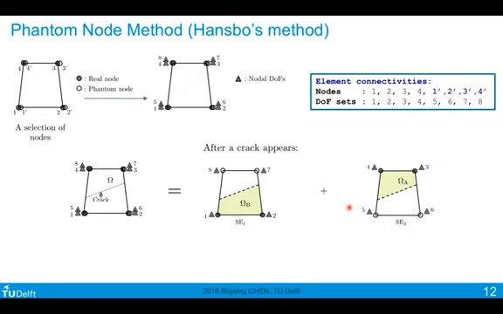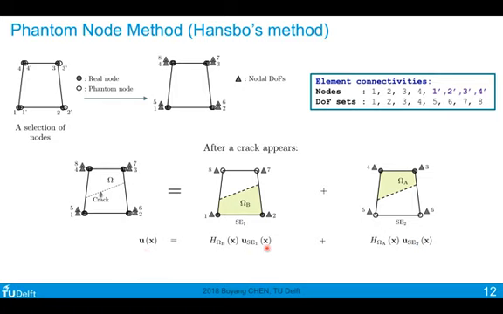The effect is that now these 2 elements are independent elements, so they have separate interpolation of solution, displacement solution, over these 2 separate element domains. And when you localize the solution on the respective active material domain, then you have 2 separate displacement fields, which can very well be discontinuous across this line of separation.